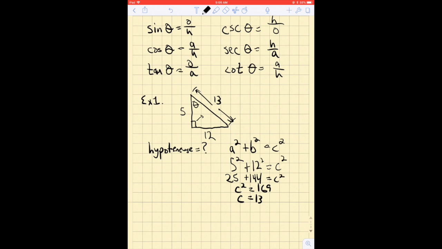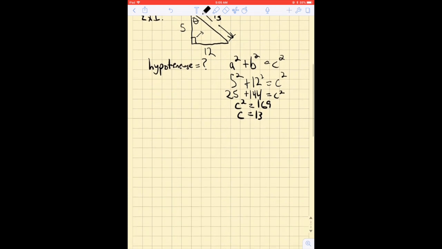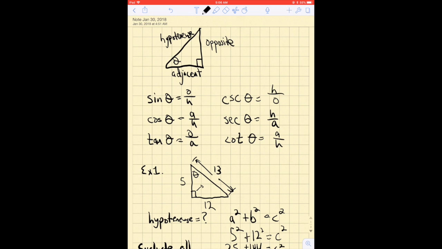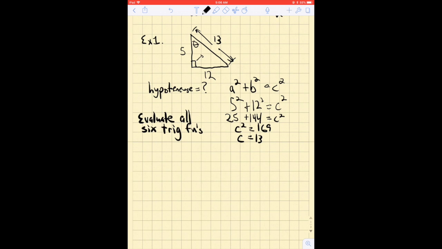And now that we have this side known, we want to evaluate all 6 trig functions. So what are the 6 trig functions? Well, that's here, and that should be in your notes. We're going to use these sides, 5, 12, and 13, to come up with our 6 trig functions. So sine of theta is equal to